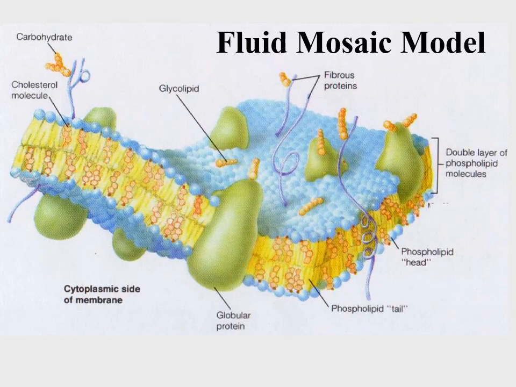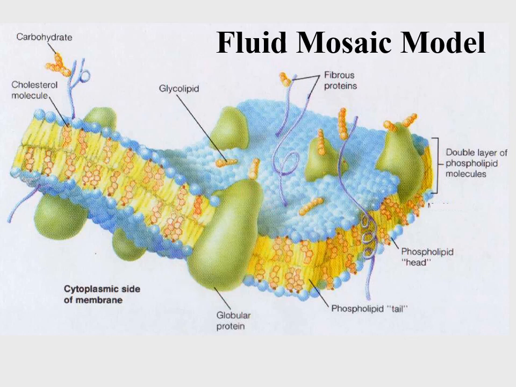The phospholipid bilayer serves mostly as a partition. Dispersed throughout the bilayer are other compounds, most notably proteins. In this image, the phospholipids are shown in blue and yellow, and the proteins are shown in green. Some proteins may be peripheral to the membrane. Other proteins may be integral, in other words, span the entire width of the membrane.